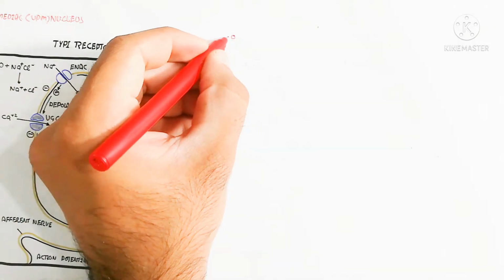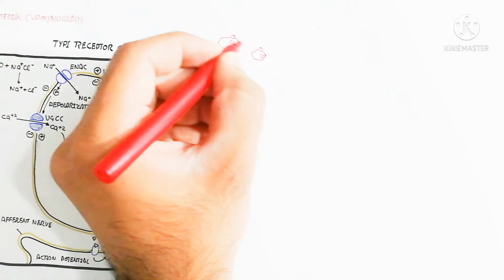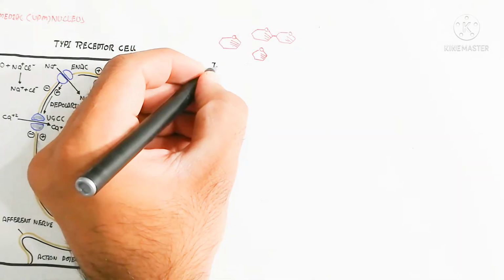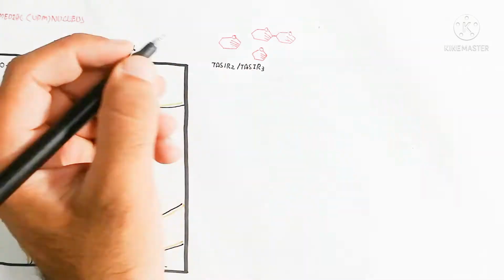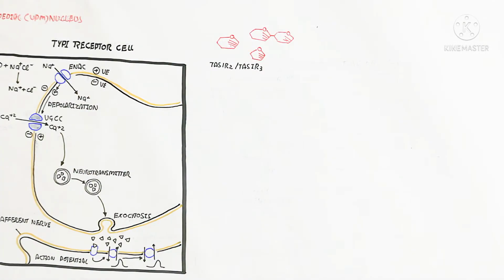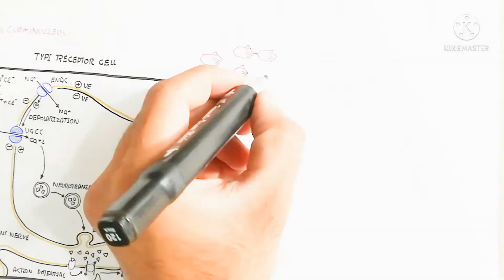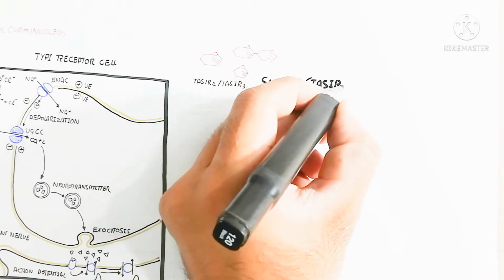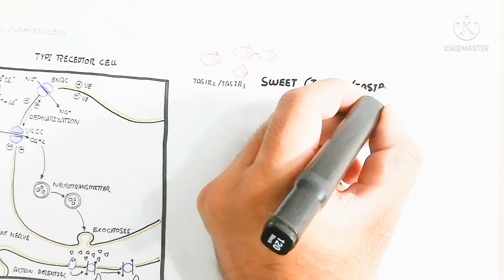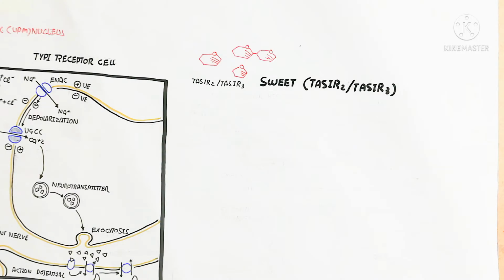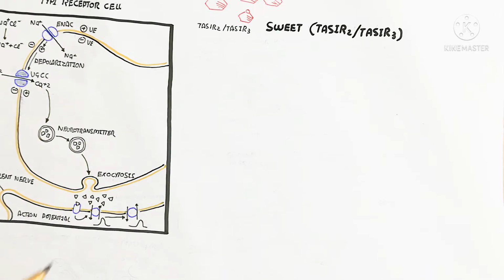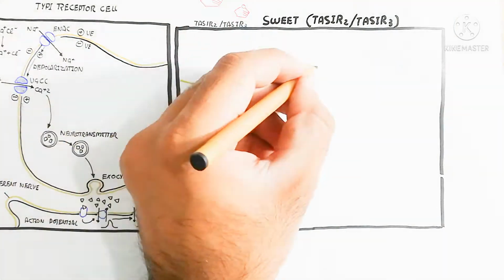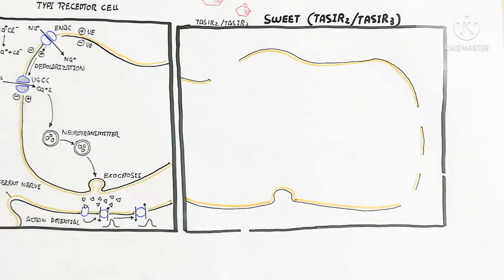the sodium and potassium ions, as you can see in this diagram, and this nerve impulse will move toward the brain, to the gustatory nucleus. So here, we will discuss the sweet taste. This involves taste receptor 2 and receptor 1, which basically detect sweet things, for example